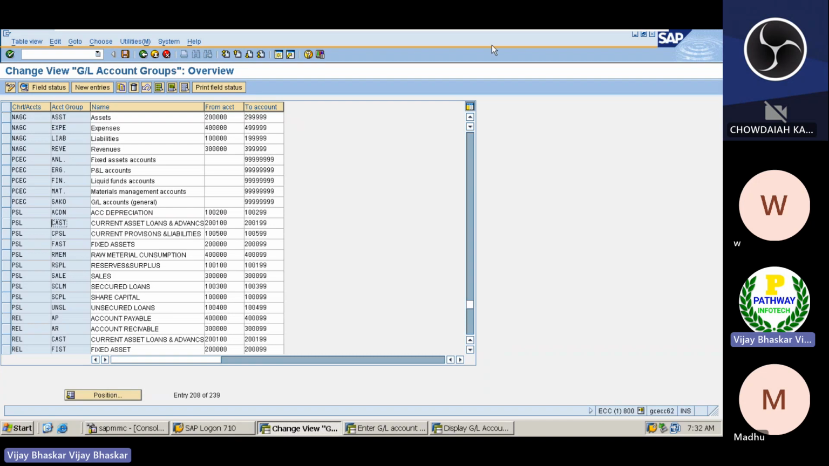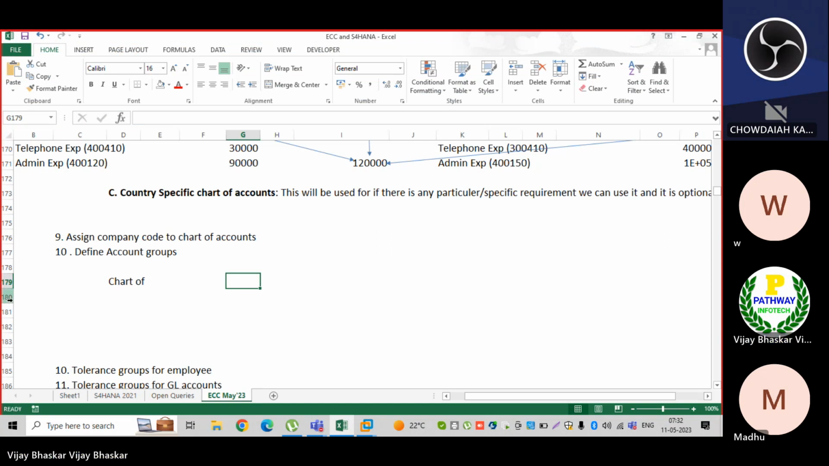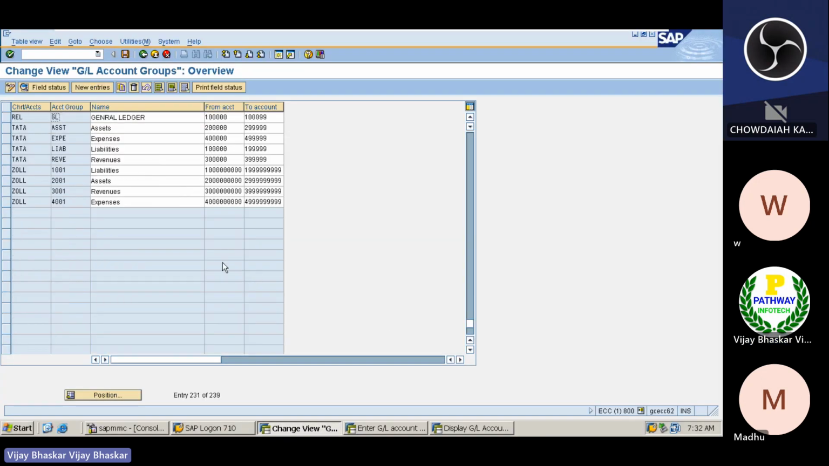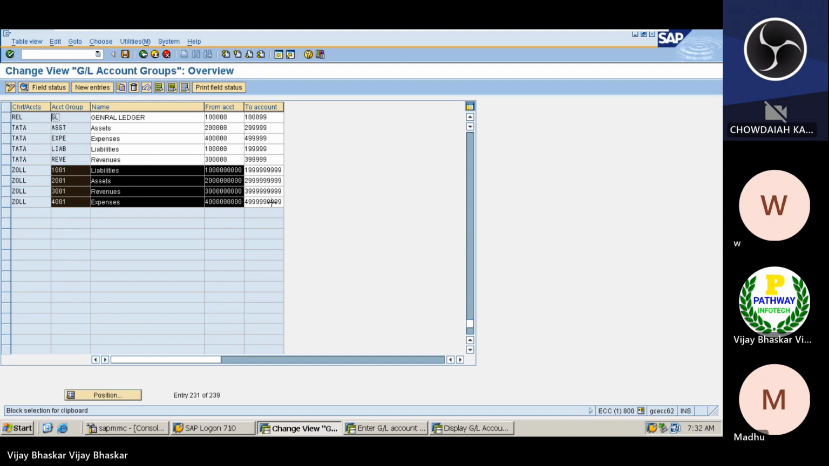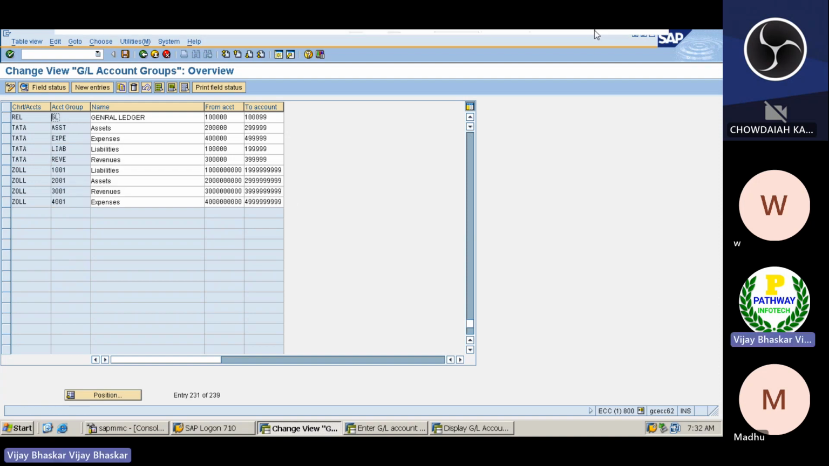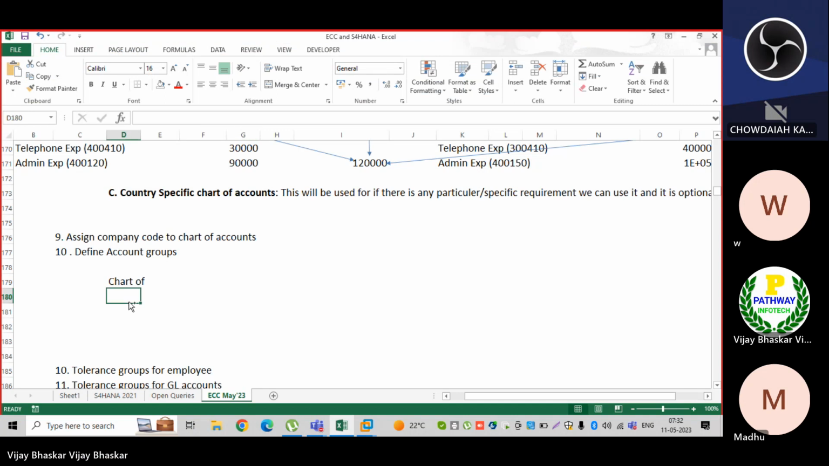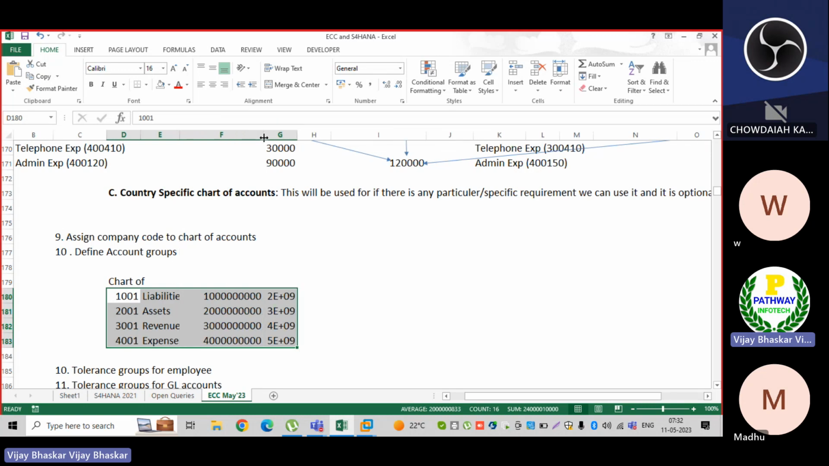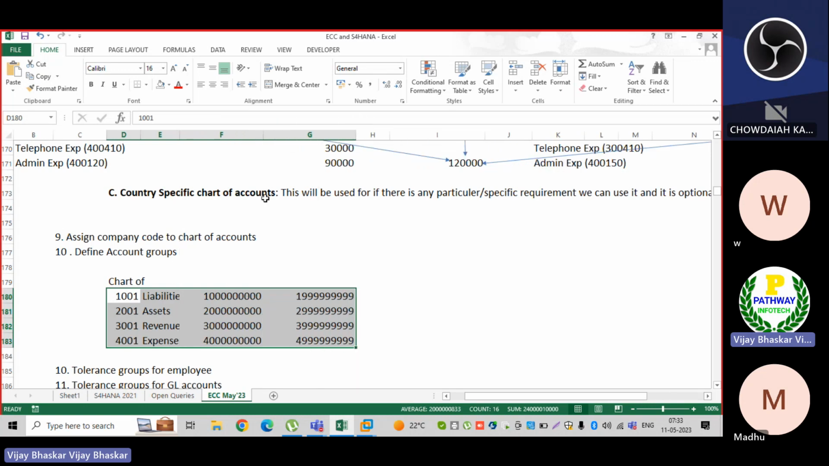This is what the chart of accounts we have discussed today. Then we defined chart of account groups. Let me go down here. Now these are the chart of accounts we have defined here. Remember, 1 series is for liabilities, 2 series is for your assets. Remember. Now this is just for your identification. We'll discuss tomorrow about the